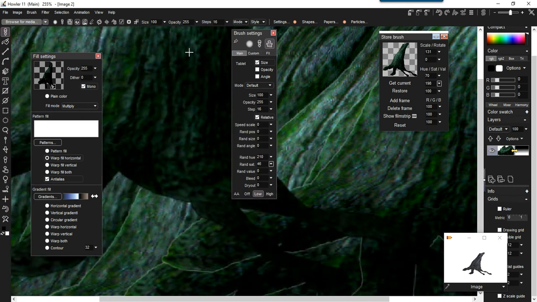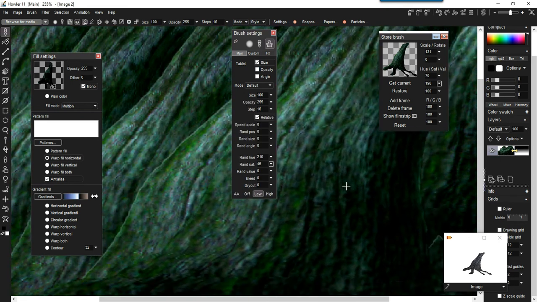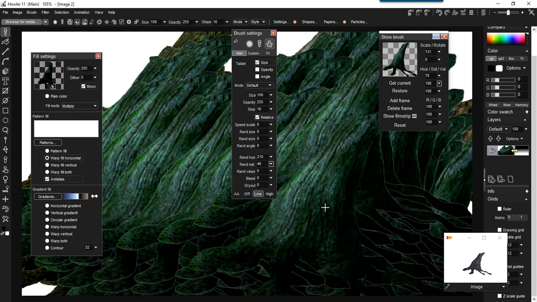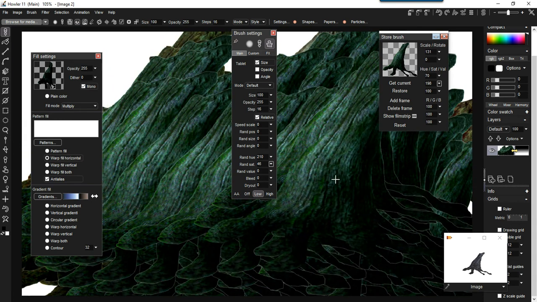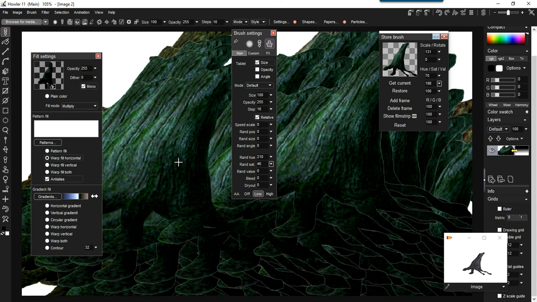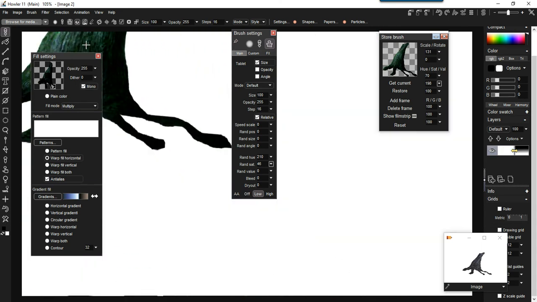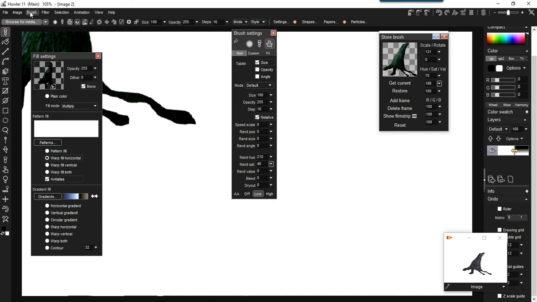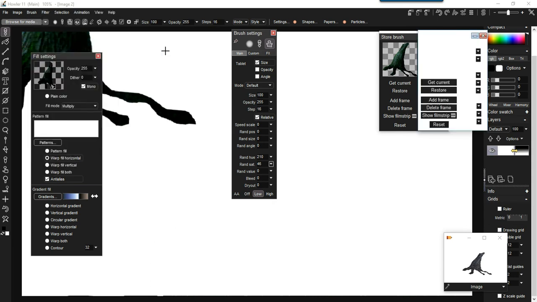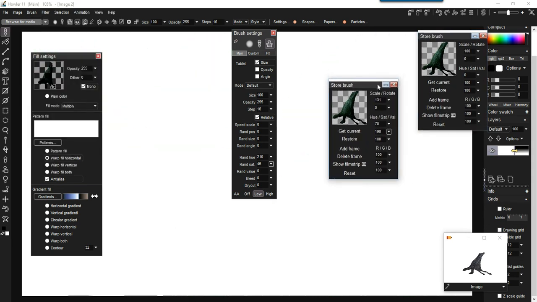And so now we have eliminated that white glow, and that's really the brush you will want to keep, right? Or export or save and keep for future use. Alright, the last thing would be to have it automatically scale. I'm going to store this brush here temporarily. Store, again, this is not saving it on disk, this is only storing it